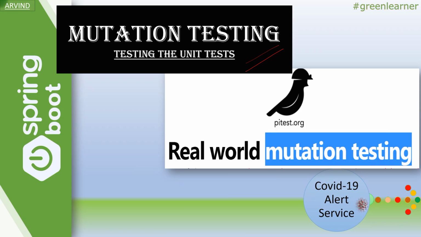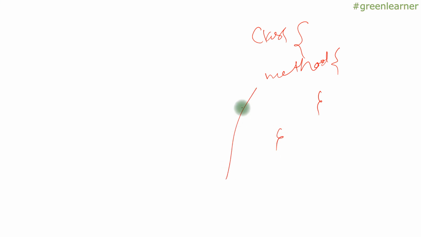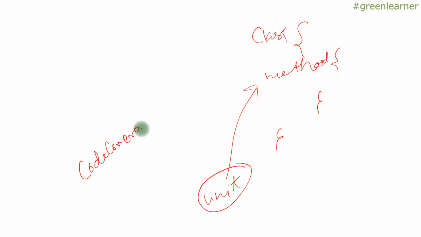Let's go ahead and see in which scenario I need to apply mutation testing in our application. Consider a real world example. I have a class, and here I have methods, and you have written some unit test cases for them. I'm trying to explain how code coverage is calculated. When you run the unit test cases, it executes the method, and during execution it looks into the source code that you have written and keeps a record of the executed code, and based on that it calculates the coverage.